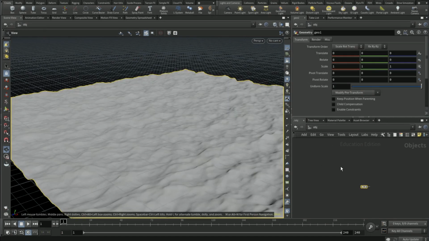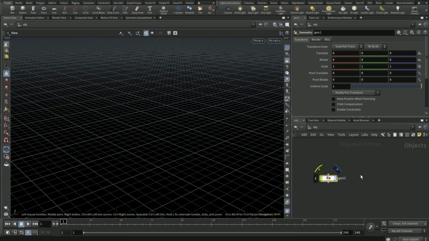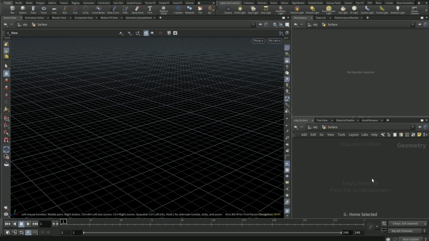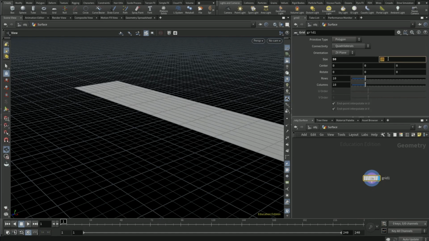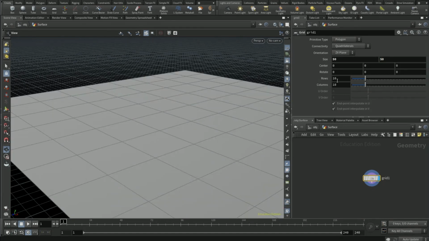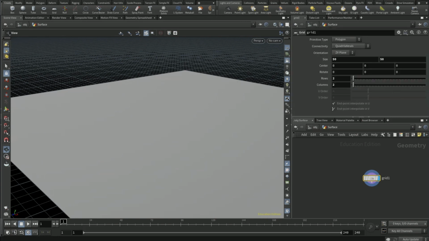Go to OBJ level and turn visibility off. Drop down another geo node. Name this surface. Dive in. Drop down a grid node. 50 by 50 in size again. But then rows and columns, set them as 2 each. Then come out of here,